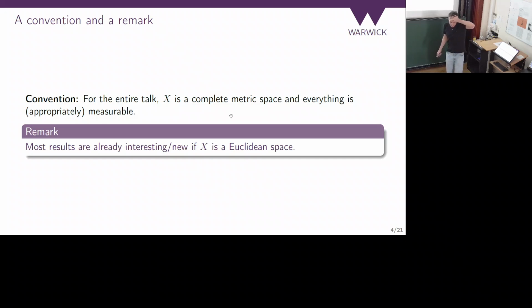Most results are already interesting if X is a Euclidean space. Some of the results we only have for X being a Euclidean space. All of those pretty much work in uniformly convex Banach spaces. It's just a bit more annoying to state them. So if you're interested in anything that locally looks like Rn, the results will follow. The moment you're interested in anything that has a sufficiently round norm, the things will work. Really the issues are the moment you have a norm where there is a piece of straight line in the unit sphere.